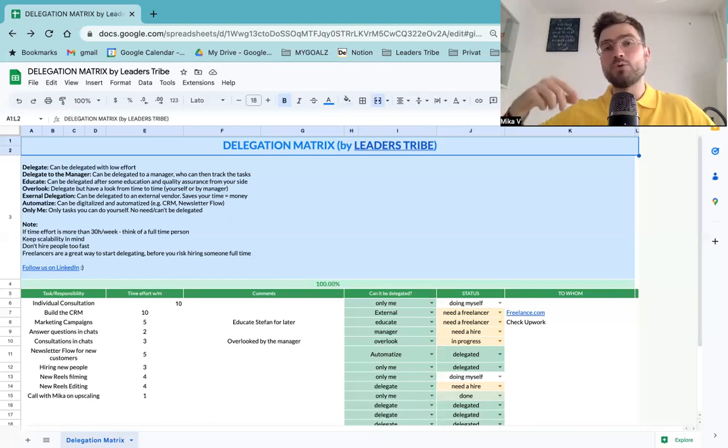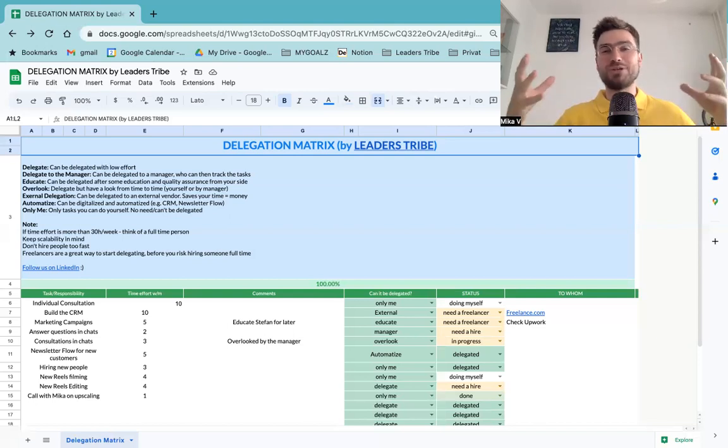So for me, it would be useful to have someone who is constantly doing TikToks for me so that I don't have to do it, right? I delegated my TikToks to an agency for a period of time, and it works really well. Then automatize. This is actually the best one. If you can figure out the way to automatize something, then you don't need to do it anymore, right?